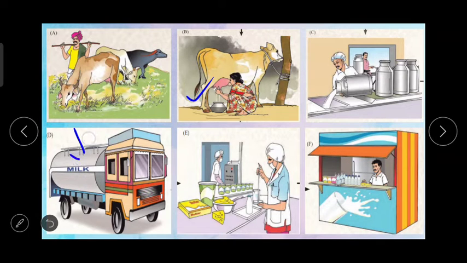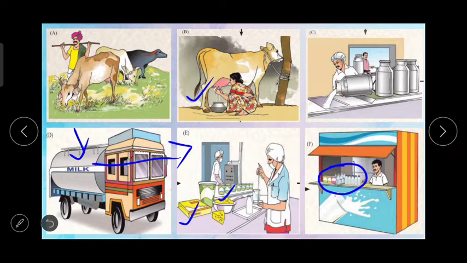अगर मिल्क का कोई टैंकर शहर में चला जाता है तो वहाँ पर उसके साथ क्या हो रहा है, प्रोसेस हो रही है और अलग अलग उसके प्रोडक्ट्स बन रहे हैं. What milk products are seen in the pictures? Here you can see butter, then srikhand, paneer, ghee. Here also you can see छाछ, लस्सी. Who inspects these products? What does the shopkeeper do with these products? Shopkeeper sells all the products.